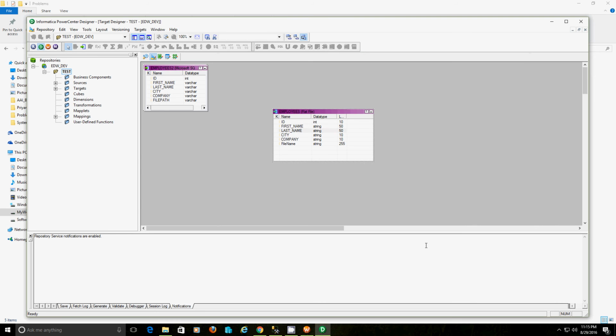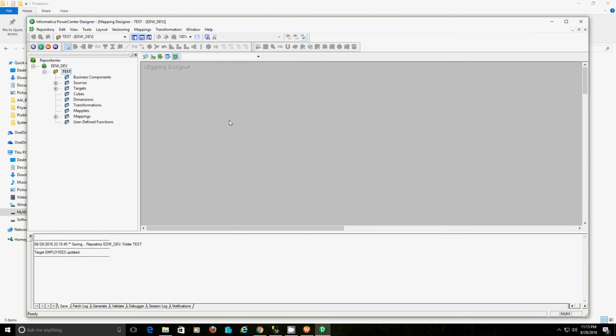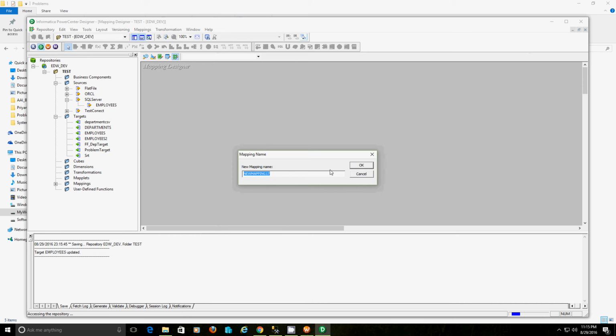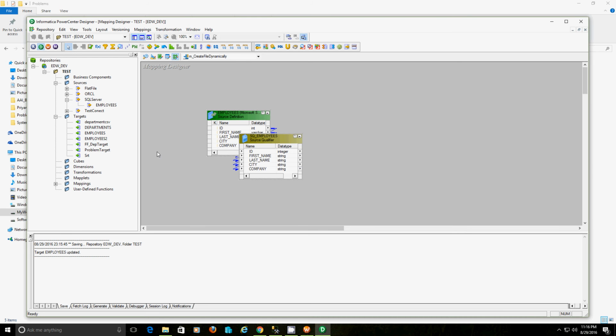Whatever value you specify to this port, the file which gets created will have that particular name. We'll see that. In this case our source has to be the employees table, and our target has to be employees target.